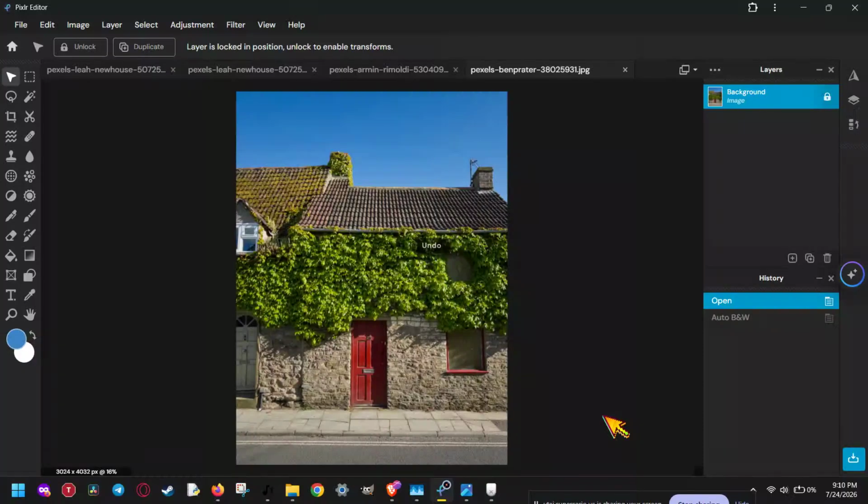If you want to quickly pixelate part of an image in Pixlr, whether it's a face, text, license plate, or any other private detail, this tutorial will walk you through the full process step by step. It's a simple effect, but once you know where the tools are, you can do it in just a minute